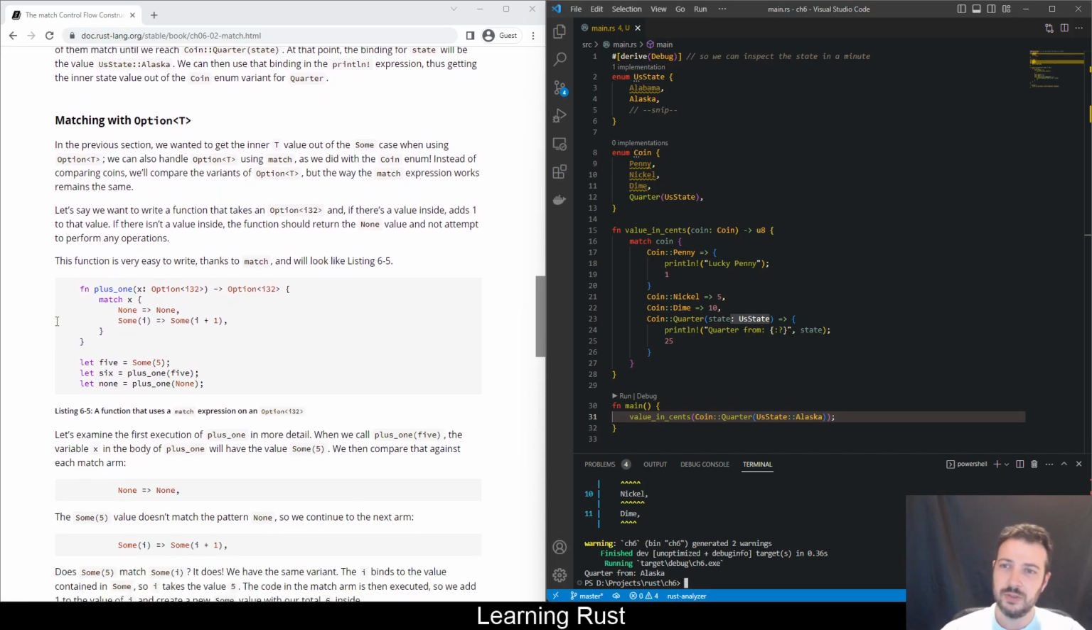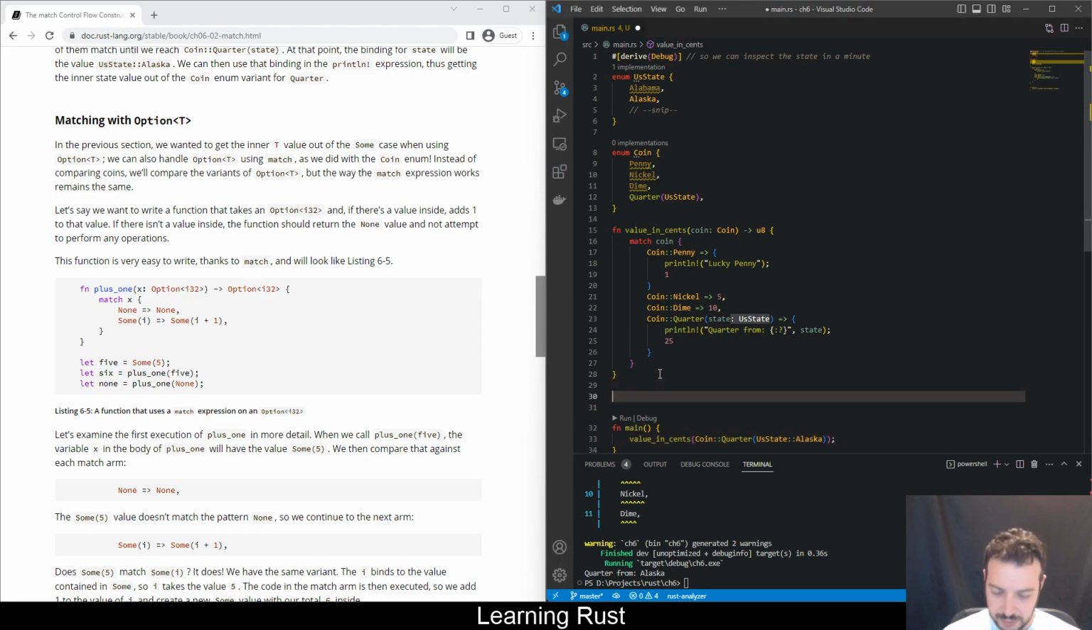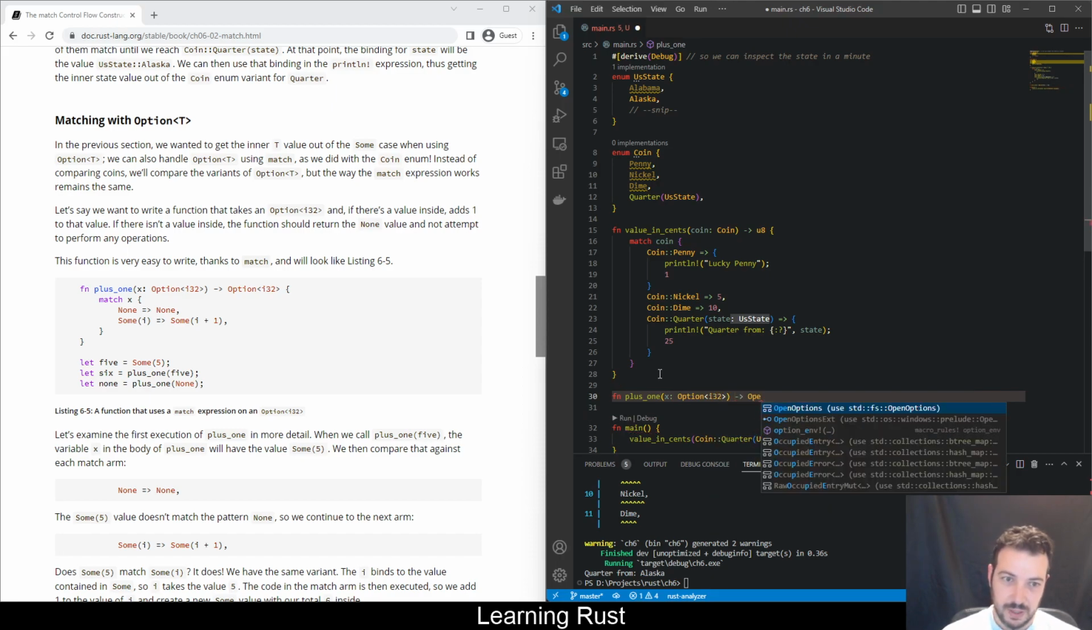Matching with Option<T>. In the previous section, we wanted to get the inner T value out of the Some case when using Option<T>. We can also handle Option<T> using match, as we did with the Coin enum. Instead of comparing coins, we'll compare the variants of Option<T>, but the way the match expression works remains the same. So let's define a function here, plus_one, that gets a first argument that is an Option of type i32, and it returns an Option of type i32,